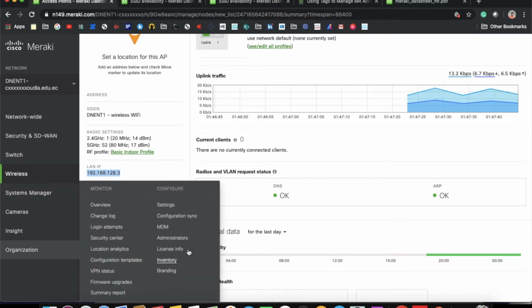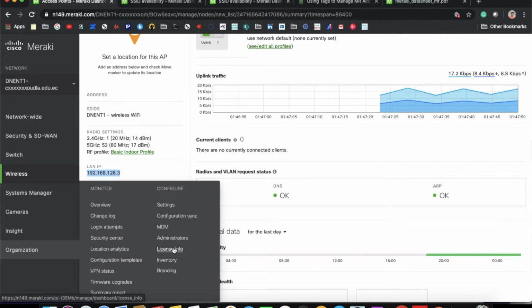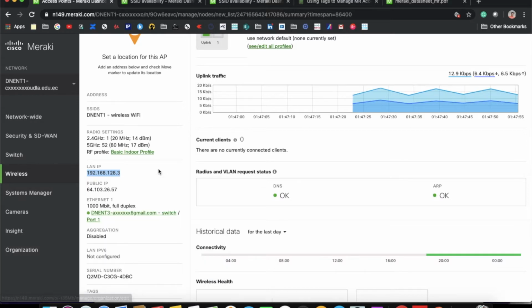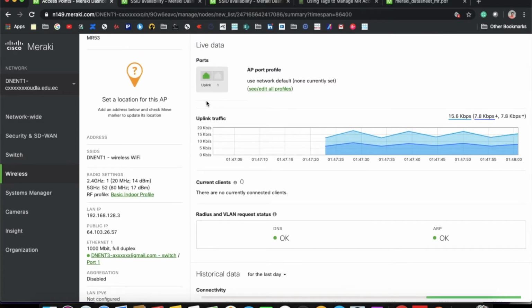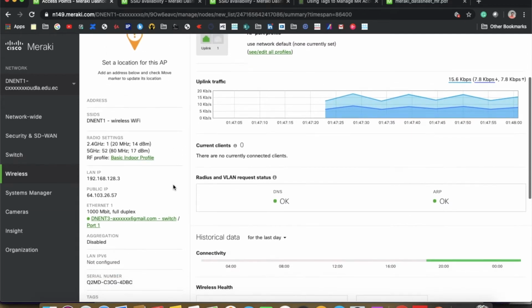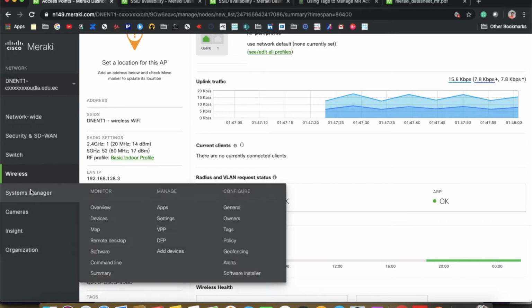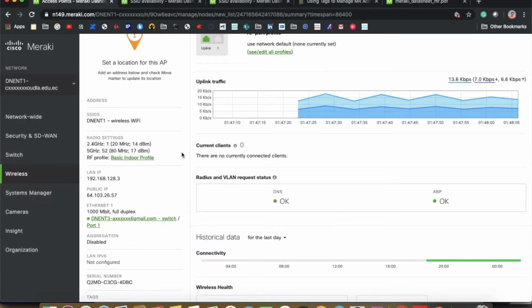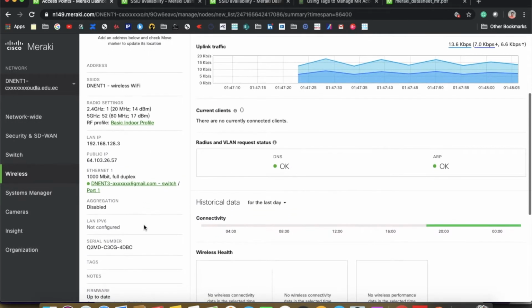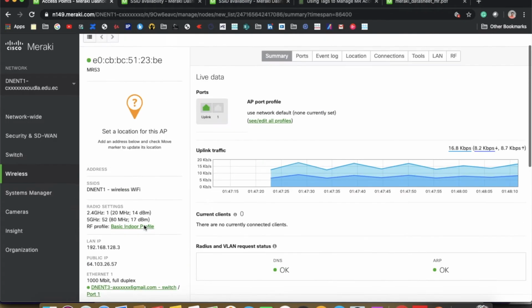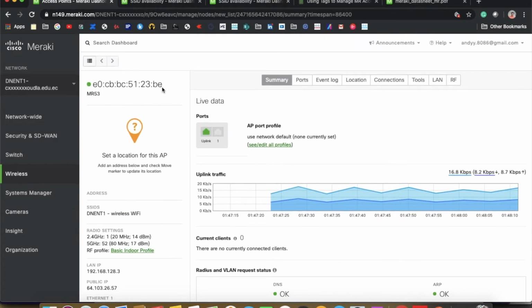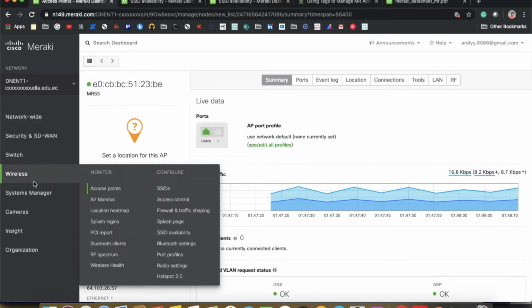Once you do the licensing configuration, which I showed in the other video, and everything is in place, the cloud dashboard will automatically detect that this AP belongs to your order, and it will be directly mapped to your network. So that's simple. I will show you some more options. Initially it is showing as this one.